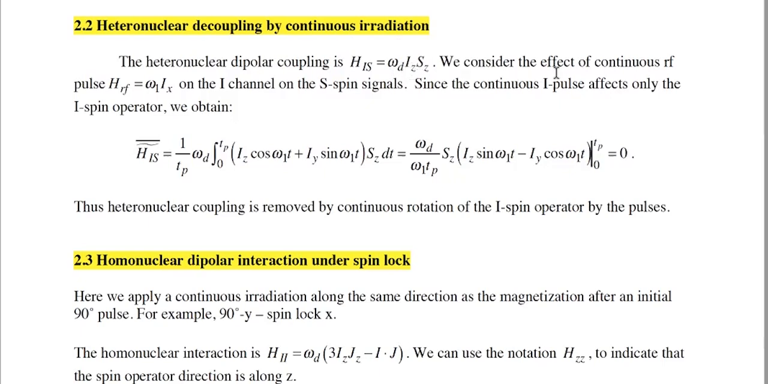Let's consider the effect of a continuous RF pulse, H_RF equals omega 1 IX. Again, just point it along X. If you point along Y, it still works, it doesn't matter which direction. And the strength of the RF pulse, again, is omega 1. And that's going to happen on the I channel. My spin I is the proton, the abundant spin. What I detect is S. The continuous I pulse affects only the I spin operator, right? So that's fine. So now let's think about, I'm going a little bit fast here, I skipped a step, but